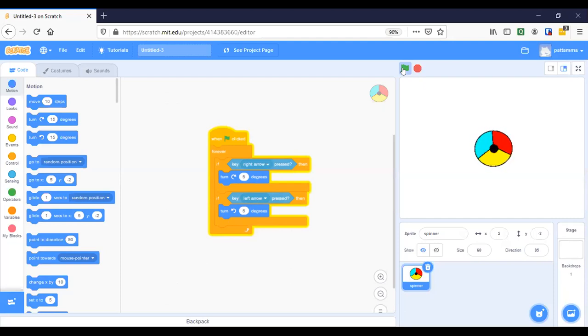So you have created the sprite, right? It's just the coding part that is left. We just have the if block and we just turn the sprite. Or do you want to share your screen? Okay, Krish, please share.